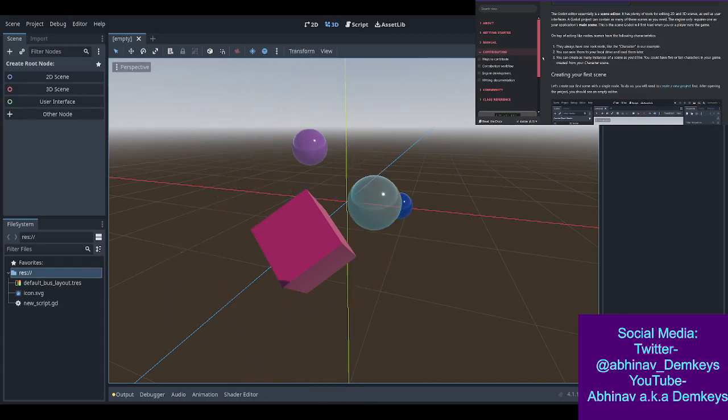Okay, the Godot editor is a scene editor. It has plenty of tools for editing 2D and 3D scenes as well as user interfaces. So that's what I'm going to be focusing more on, UI, at least for my